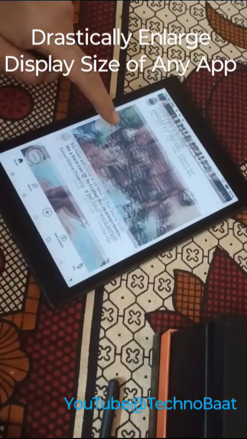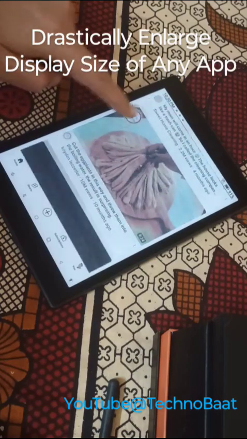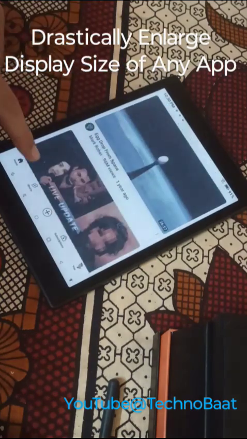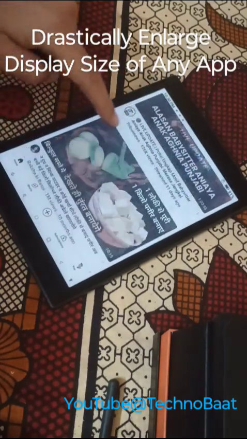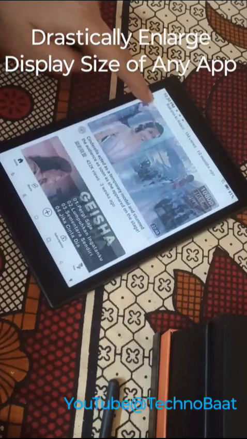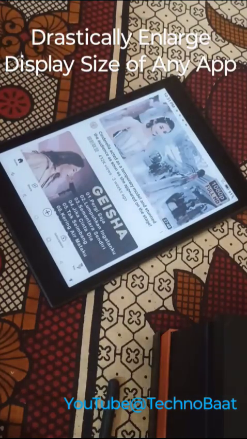So obviously you can see now the fonts are very big and you can scroll through them without having to trouble your eyes. So I hope you enjoyed this